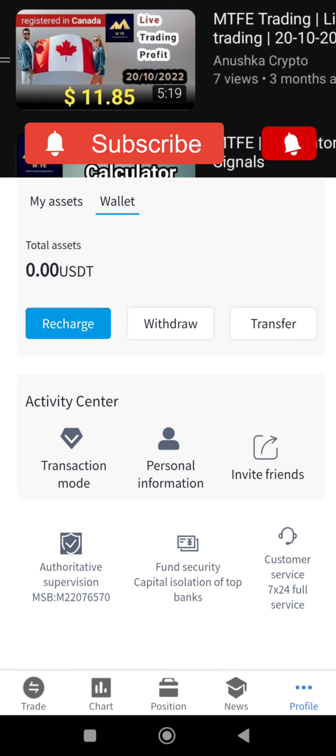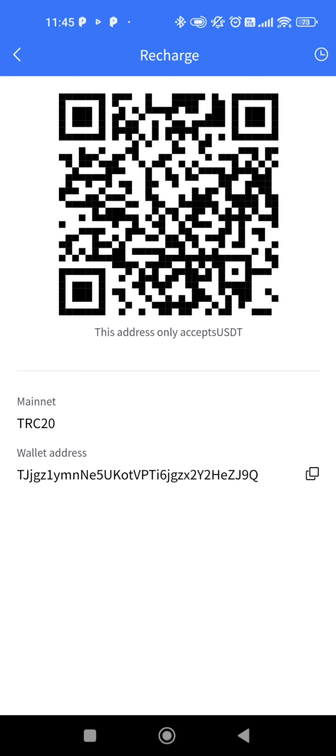Today I am going to recharge MTFE account. So first we have to touch profile and wallet here and recharge. Touch recharge, network TRC20 wallet address here. First you have to copy this wallet address,